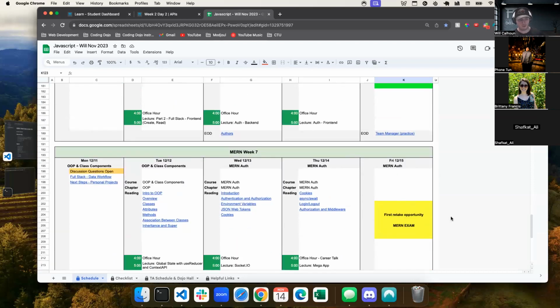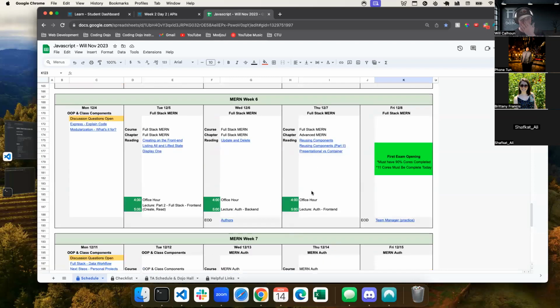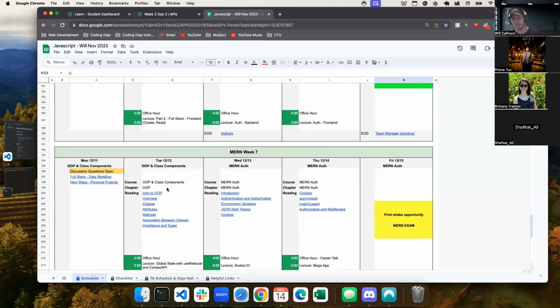This idea of first retake opportunity: as soon as I grade your exams, there's not that many of you in class. So let's say 10 of you did it over the weekend. By Tuesday, I should have all of those done. If you do have to take a retake, as soon as I grade it, I will send you, hey, here's your retake code. Here's a breakdown of what you missed. This is just an idea, but really we don't hold it. I give you as ample time as possible to take it.